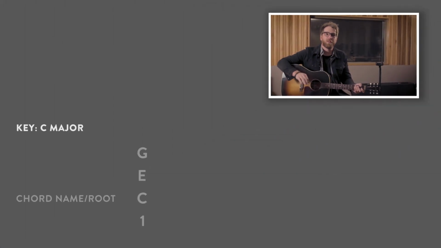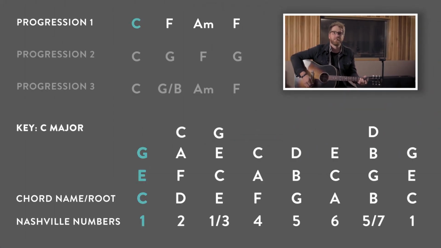Alright, so make sure you have a chord diagram and a notation chart for your instrument handy in case you need it. You will find that some of the chord combinations we play sound better than others. So play through the following 3 progressions and feel how the chords go together. After you become comfortable playing the individual chords, put some rhythm to the progression and play them through a few times. So the first progression is C, F,